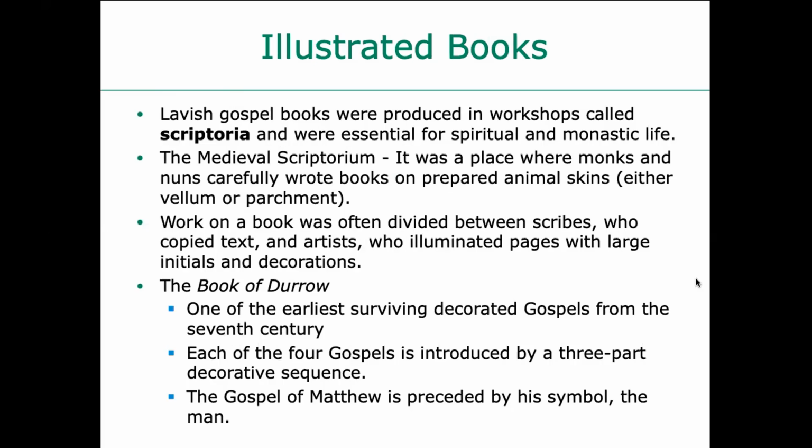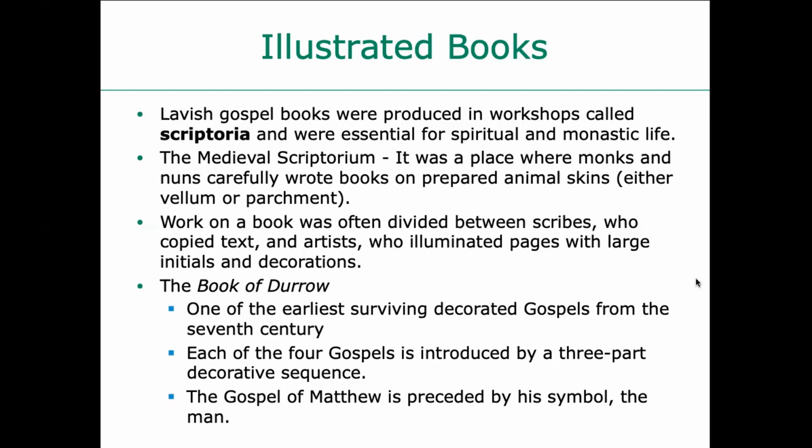So, lavish gospel books were produced in workshops called scriptoria and were essential for spiritual and monastic life. The medieval scriptorium was a place where monks and nuns carefully wrote books on prepared animal skins, either vellum or parchment. Work on a book was often divided between scribes who copied texts and artists who illuminated pages with large initials and decorations. So they would copy like the Gospels and make many copies, and they would decorate them